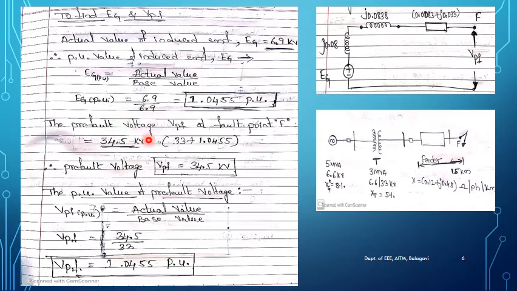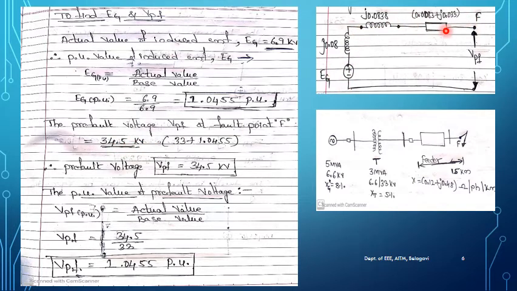Okay, so the pre-fault voltage at the fault F. Here we need to add up all the voltage values. Is it clear? So the voltage value of this induced EMF plus the voltage value of this transformer. Let us consider the transformer voltage value. So the transformer voltage value is how much? 33, plus the induced voltage value of this generator we already found out, right? So add up that, you are going to get the pre-fault voltage as 34.5 kilovolt, as they are connected in what fashion?